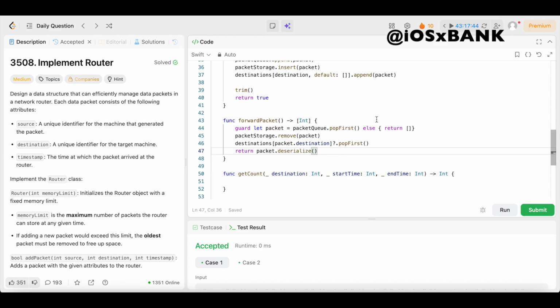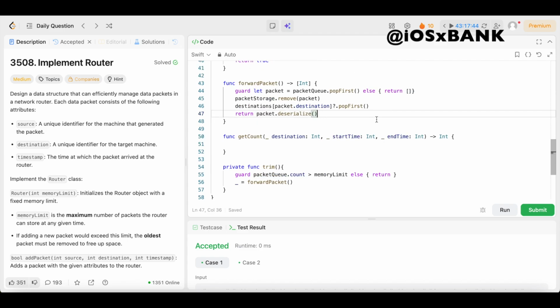Now we're going to get to our getCount function. So we're not done yet, but we're getting there. And the getCount function counts how many packets for a specific destination have a timestamp within the inclusive range, startTime and endTime. And we're going to use binary search to find the range inside the sorted DQ. So first thing we're going to do is we are going to come right here and we're going to say